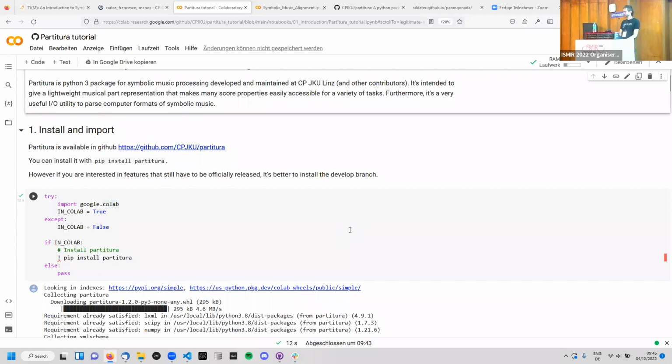The first notebook has 4 sections. The first 2 are self-explanatory. The first one is install and import. The second one is about I/O functionality of Partitura. Then we're going to have an in-depth look into the internal representations, in particular of musical scores in Partitura. And in the 4th section, we'll look at how to retrieve useful machine learning features from these